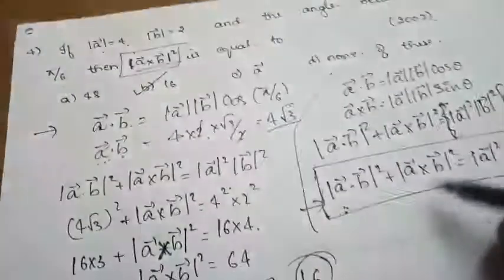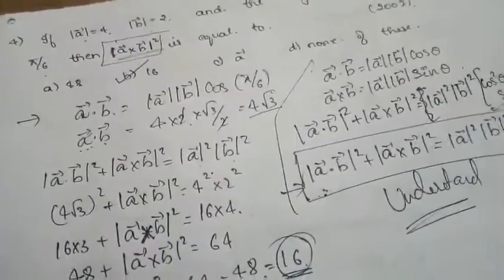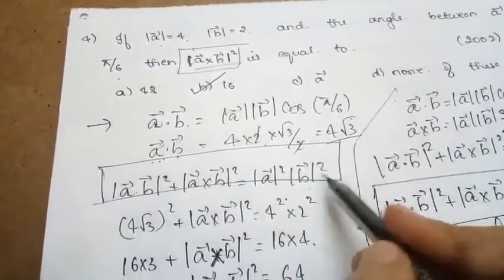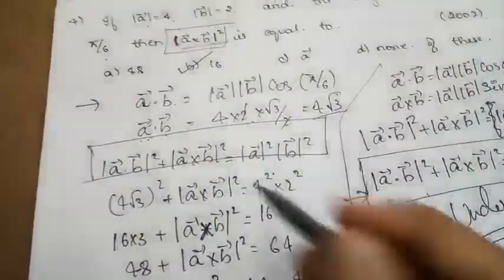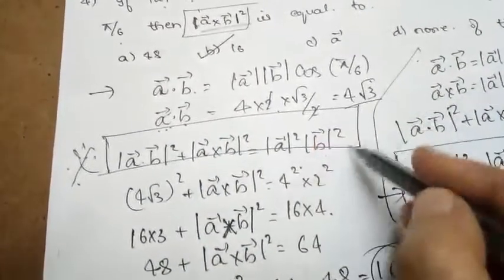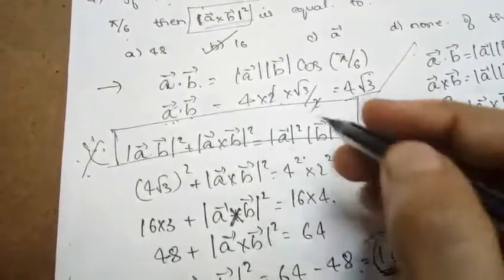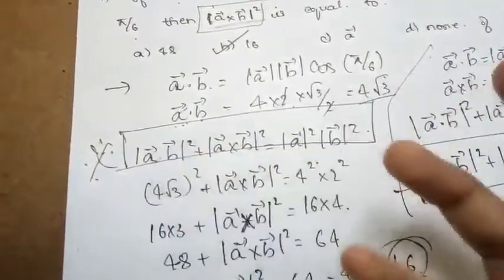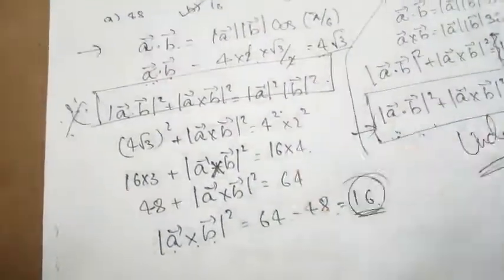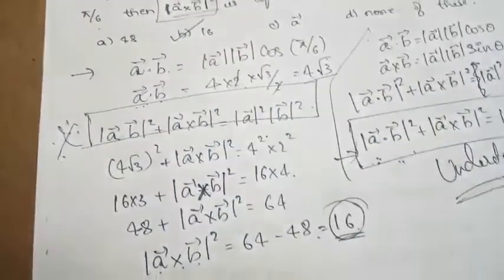This derivation is purely for your understanding, of how this formula came. To clear that, I have done all this part. So you need to remember this formula. This formula is very important. It might be useful in some other questions also, to get either the dot product or cross product when we have the rest of the data. So this is how we are going to solve this question.